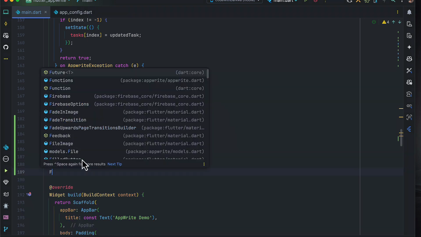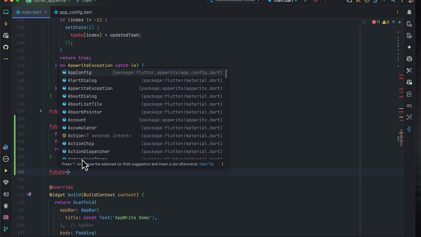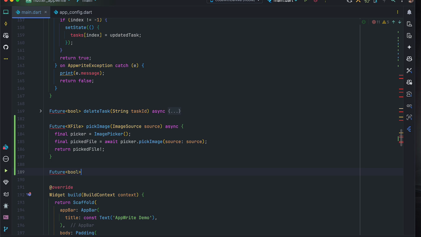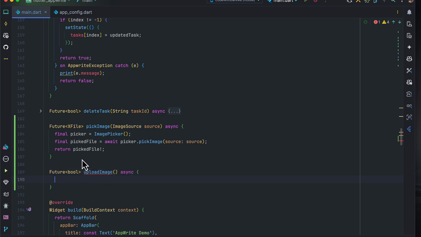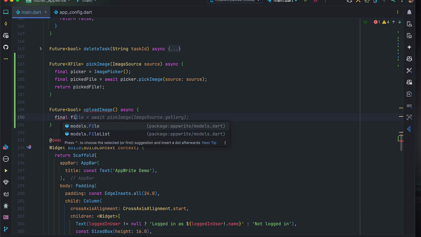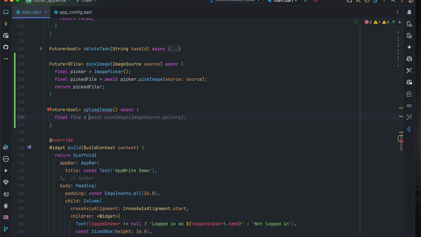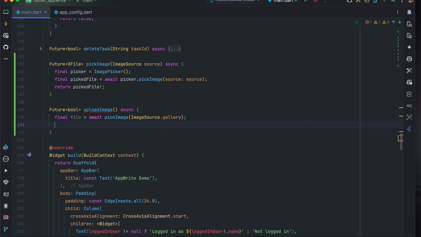Yeah, so the next function is to upload the image in here. So I'll be creating a function that is going to return a boolean, and the function name is going to be upload image. So it's going to be an asynchronous function, and in this function I'll be creating a file where we call the function to pick the image. So initially I'll assign the image source to be a gallery,